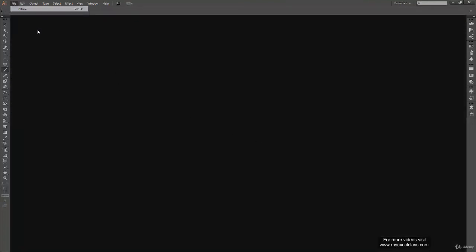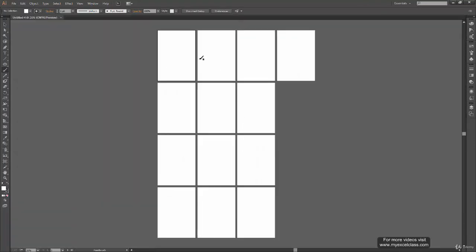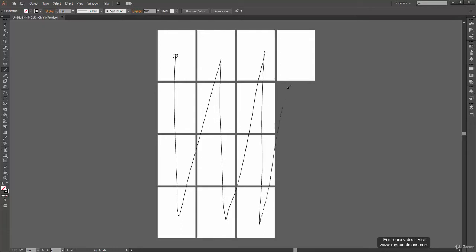Now you could have guessed already how the others will work. So when we click on grid by column and click OK, you have a different arrangement this time. So it is very obvious that it worked in this way. And then for the last artboard it came here, and for future artboards it will go down.